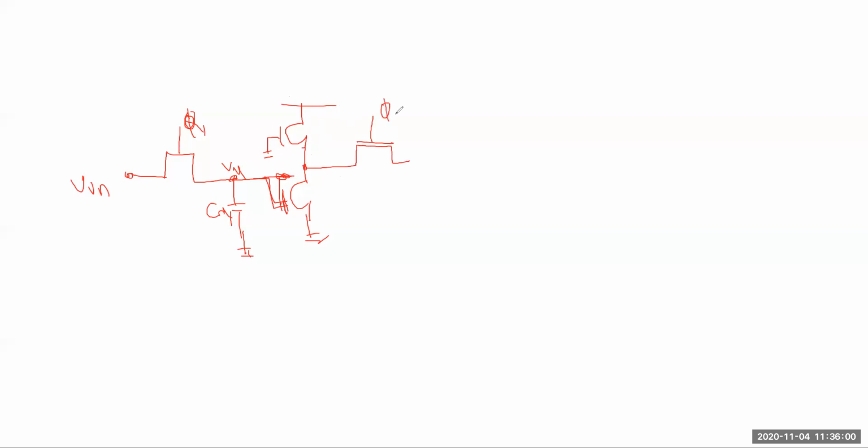This will be phi 2. Phi 2 means, suppose the clock is like this. This is phi 1, and phi 2 is like this. Again, this is a pass transistor, and again another inverter will become dynamic.